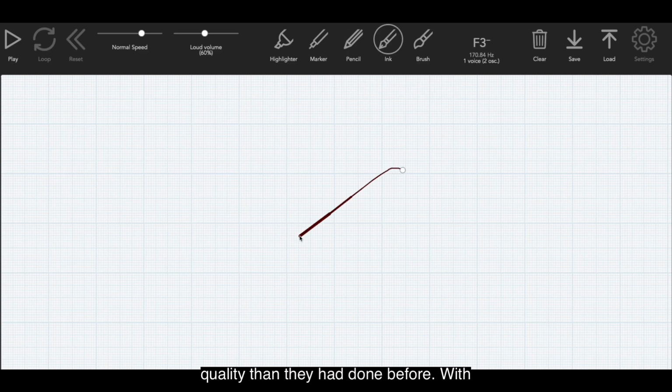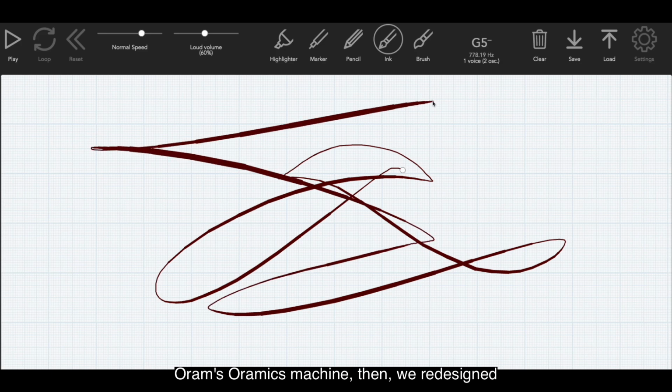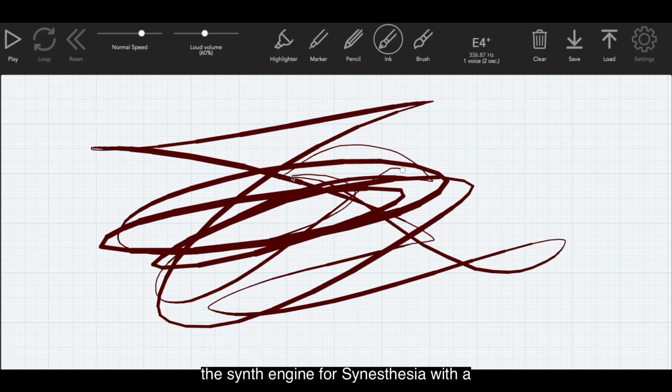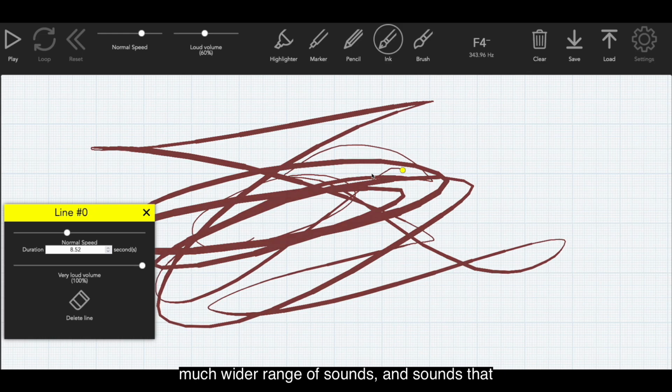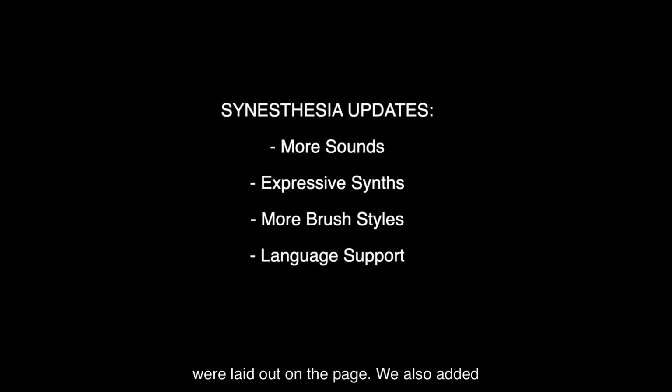before with Synesthesie. Taking cues from Daphne Oram's Oramics Machine then, we redesigned the synth engine for Synesthesia with a much wider range of sounds, and sounds that would take on the quality of how they were painted and not just where they were laid out on the page. We also added more variety in the look and colours of the brushes that represent the different sounds in the